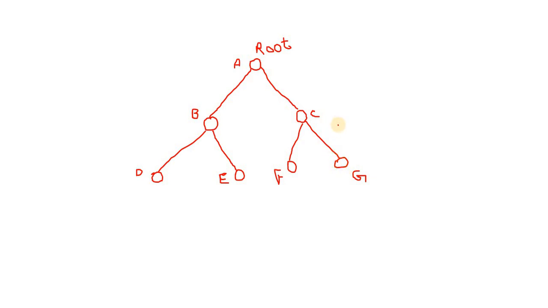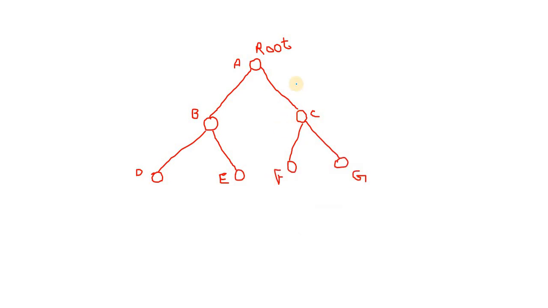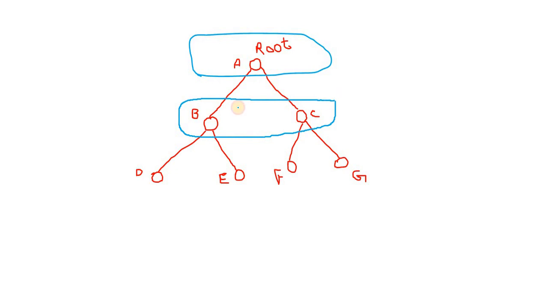So what does this breadth first search algorithm do? Let me change the color. It searches the graph layer-wise, like we discussed in the slide. First it will start from here. After that, it searches the next neighboring or adjacent nodes. So these two nodes, B and C, are adjacent nodes to A. Once it has traversed and found these two nodes,